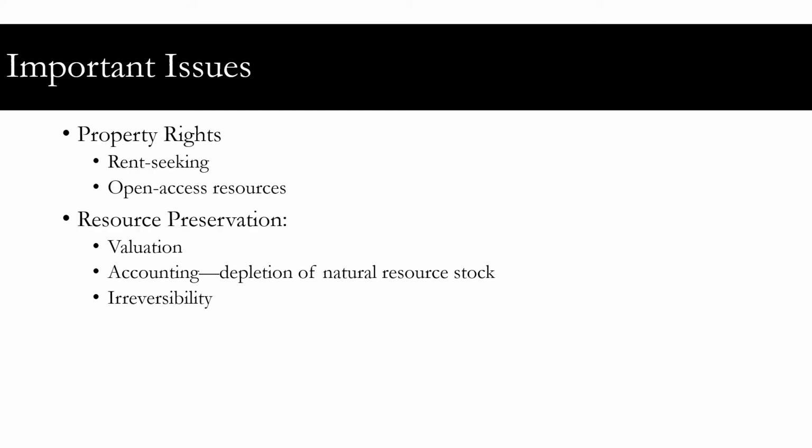Another important issue is property rights. When you talk about property rights in the realm of natural resources, one of the interesting things is that some natural resources are owned and others are not. For example, you might own a piece of land that has some trees on it, in which case you own some natural resources, but there aren't ownership property rights for air. And water is managed very differently in terms of usage rights and ownership than other resources.